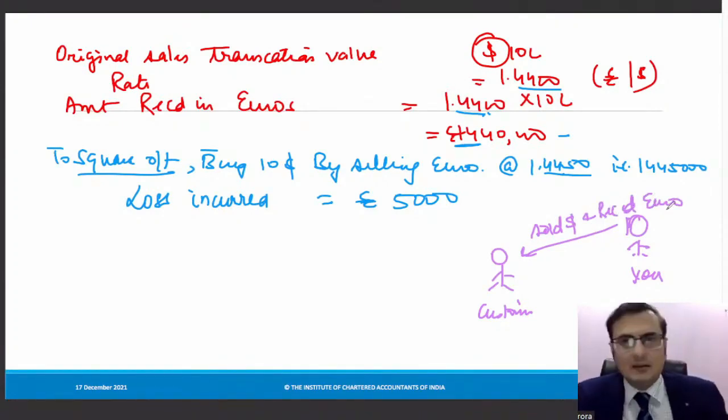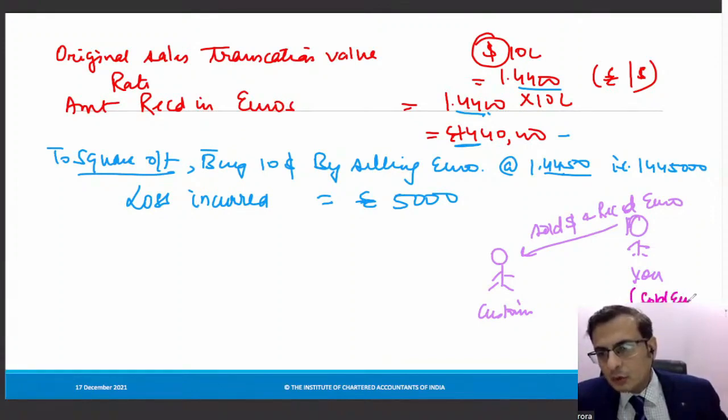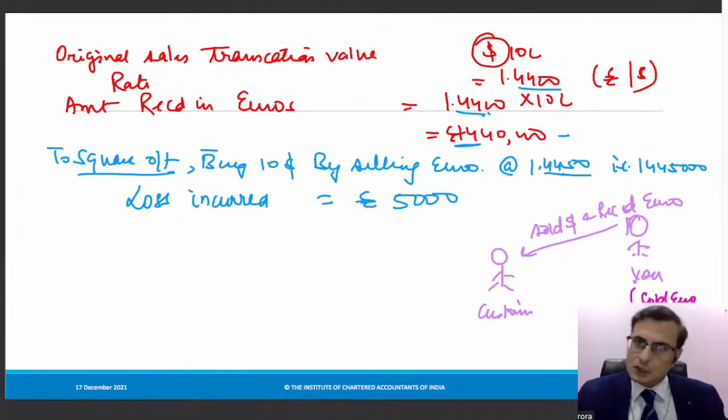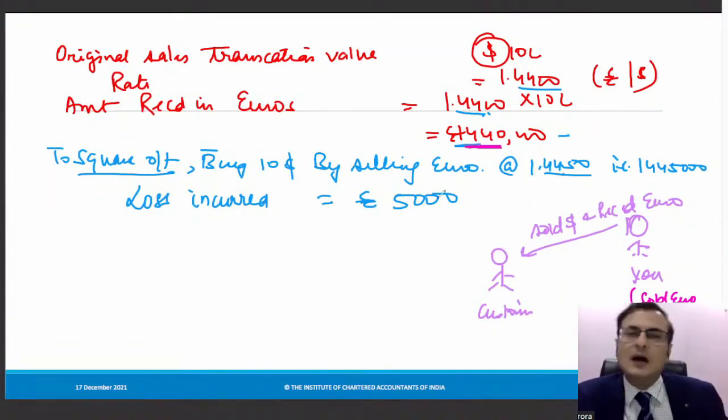Now you had to again close this transaction. What you'll do is you already have euros with you, and you sold euros to some bank, not him. Simply, your transaction gets over, cancelled out. You had euros worth 14,40,000, and to square this transaction,